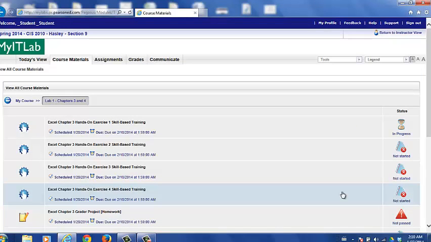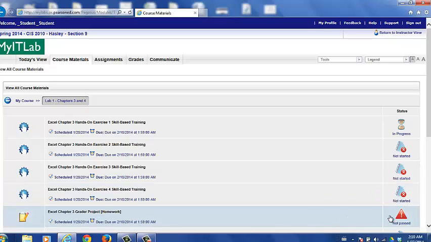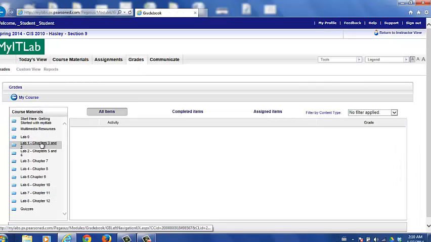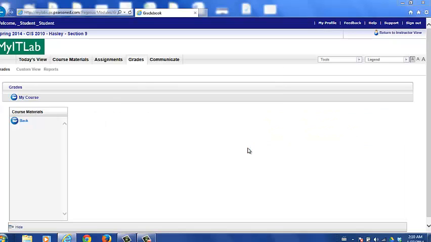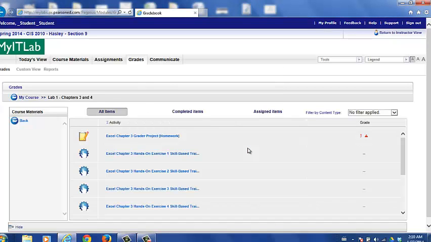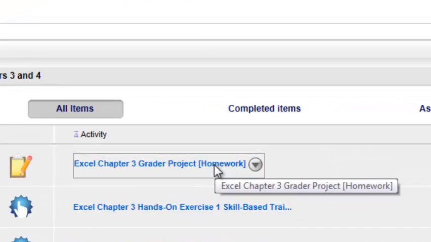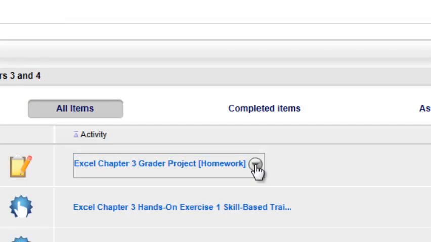So I've submitted my grader project. It says not passed, doesn't show me a score. I want to see my score. What I do is I head on up to grades, and now if I go down to lab 1, it asks me do I want to run an application. I can say go ahead, and here's my score for grader project 5. I've got a 5 out of 100, not too hot. So what I can do is click on